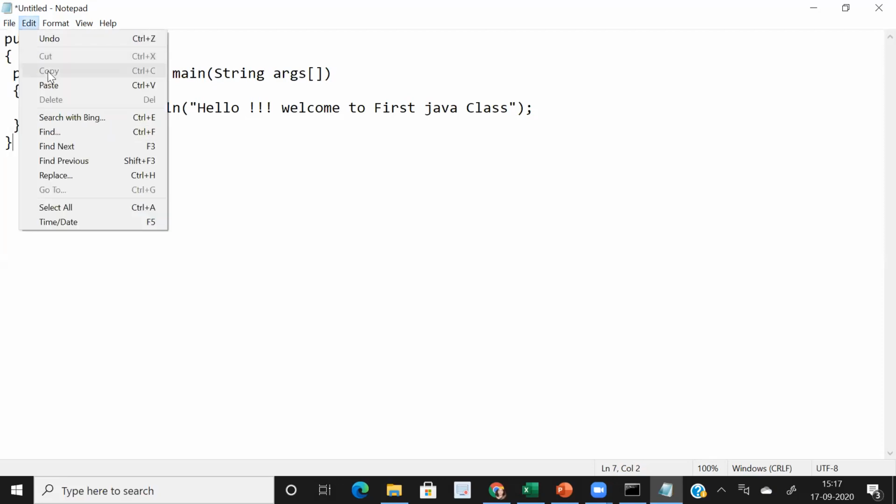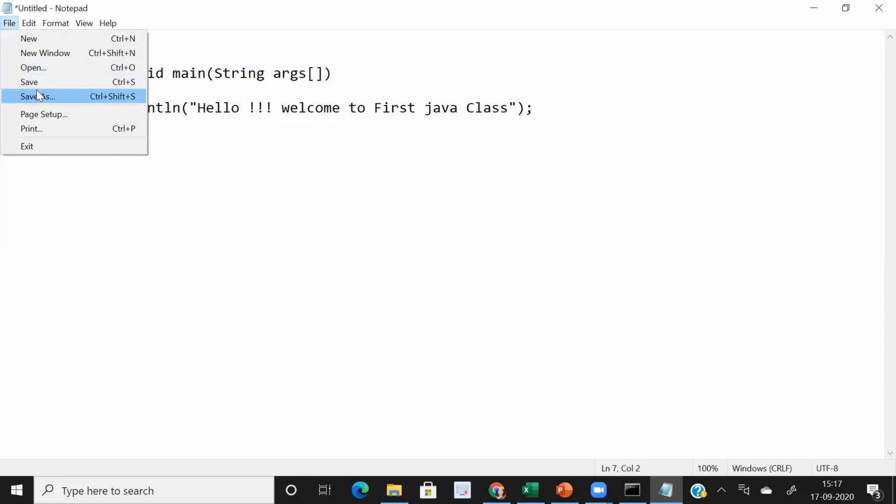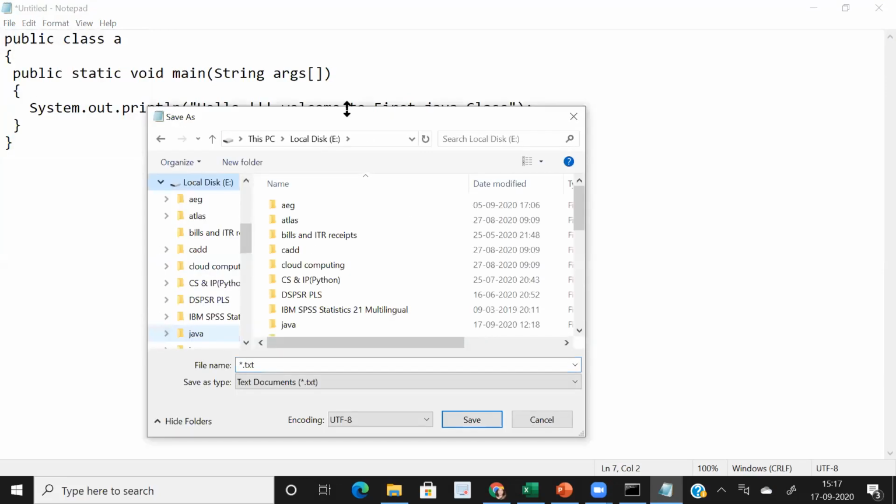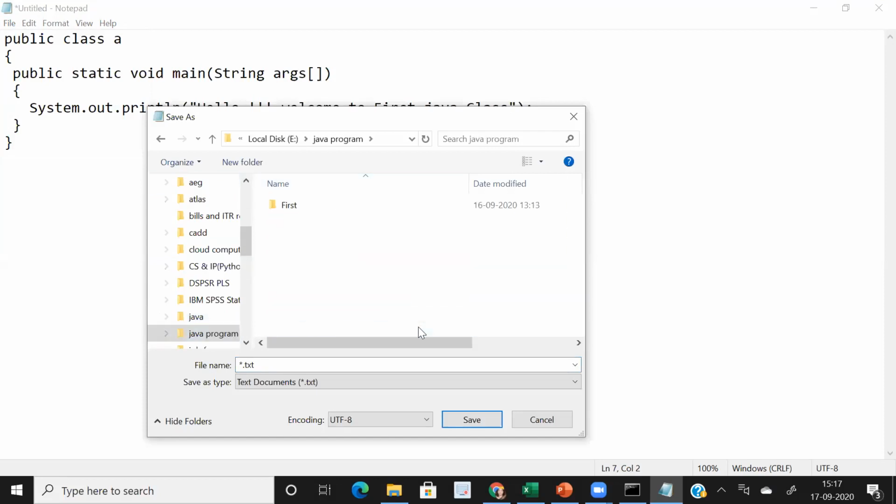Now you have to save. Save as, go into E drive. Here I will get the Java program folder. It's my folder name. Now I have to type the file name.